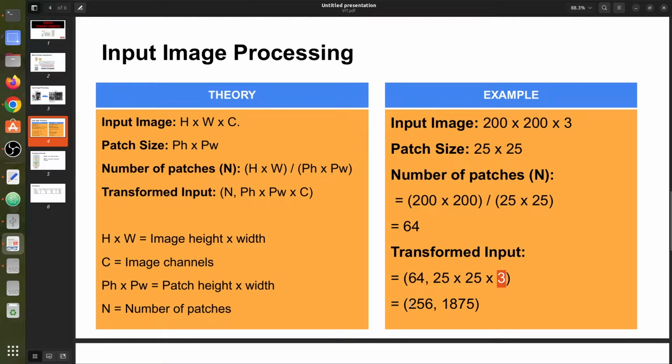So this would make the shape of flattened input as 256 by 1875. This is just a simple example. These height and width can change, these patches can change. Just remember these formulas. The number of patches is height and width of image divided by the height and width